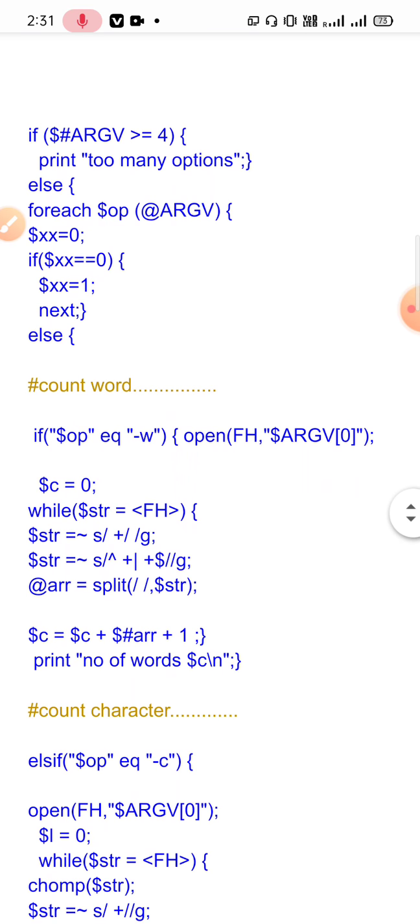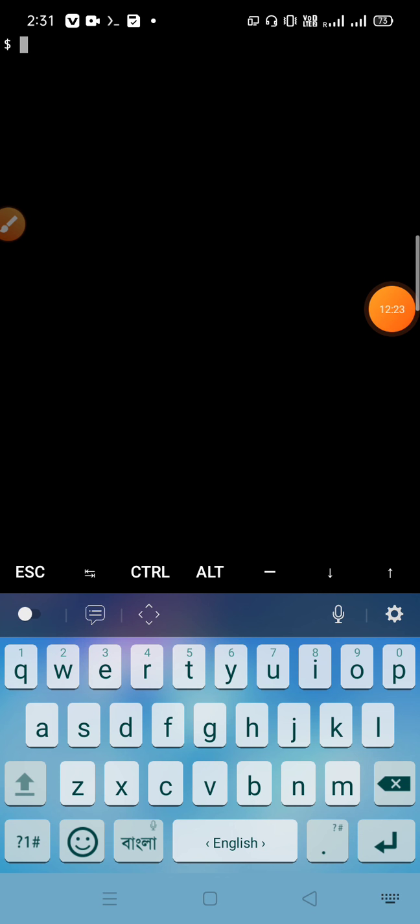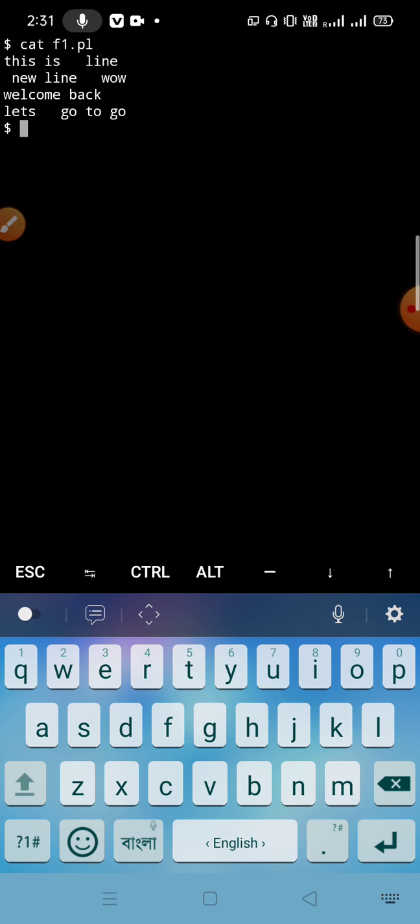Now we will run this program. Now see our file, cat f1.pl, this is our file. Now let's open the file which stores this program with vi.